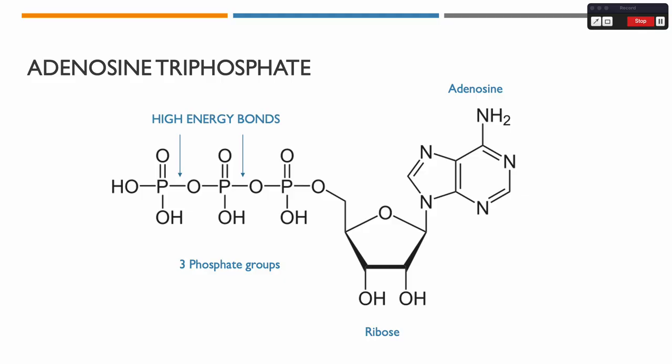It'll be broken down into ADP, adenosine diphosphate, and it breaks this one bond over here, gets rid of that phosphate group, and releases energy for us to use. That's really what's going on when we're creating energy, quote unquote: we're breaking down ATP into ADP and losing that phosphate group. And then the body works really hard to convert that ADP back into ATP